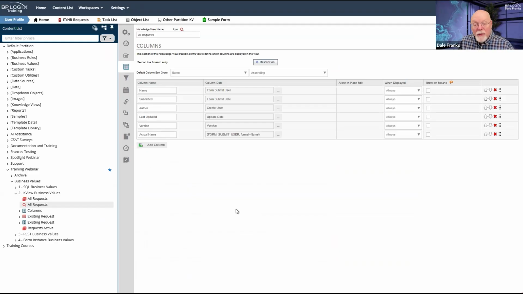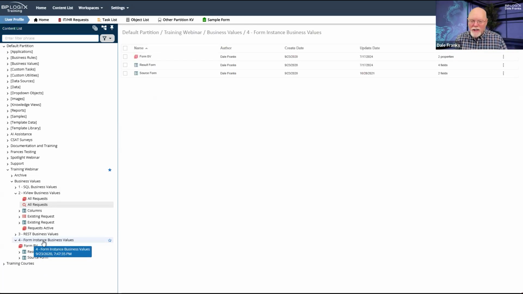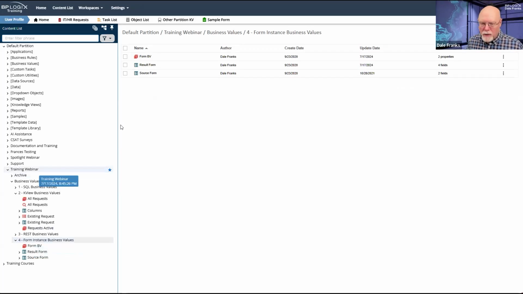Now, if you're only returning form instances, you do have another option. Let's go and look at this, because we can cover this real quickly, because it kind of works alongside and it's the same concept as a knowledge view business value.